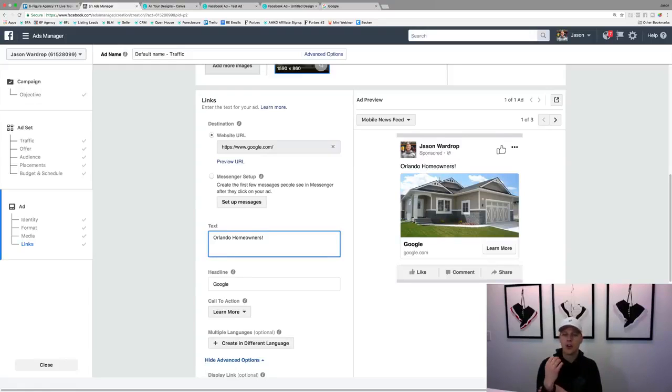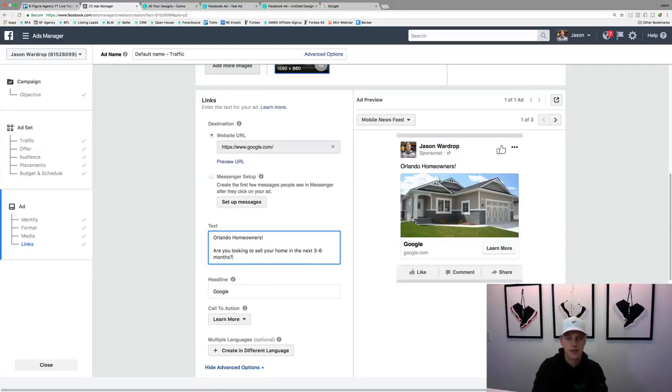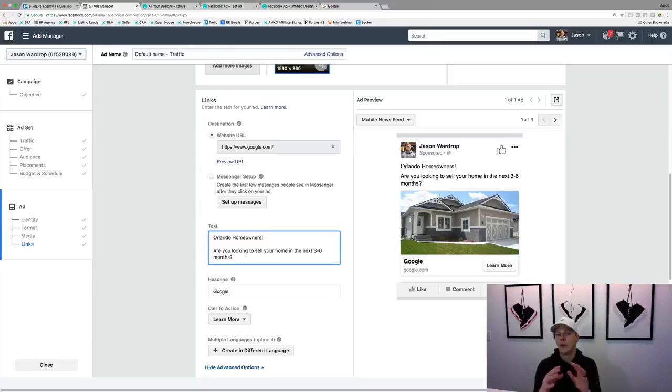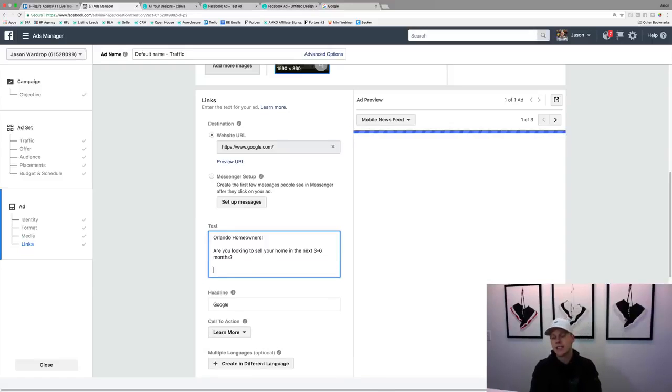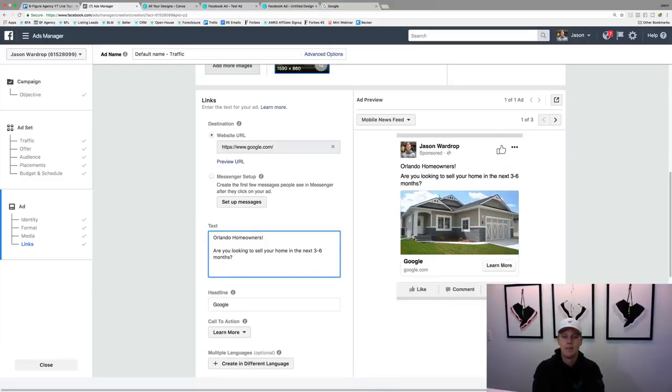But then if you live in Orlando and you're a homeowner and you see Orlando homeowners, that's gonna pique your attention, right? That's gonna be like, oh, hey, this is for me. You can say, are you looking to sell your home in the next 3 to 6 months? Okay, so now that's weeding out the Orlando homeowners. Okay, if you're not looking to sell your home, you're gonna keep scrolling. You're done. I'm not talking to you. Say, are you looking to sell your home in the next 3 to 6 months? And obviously I'm just creating this on the fly. You could say like,